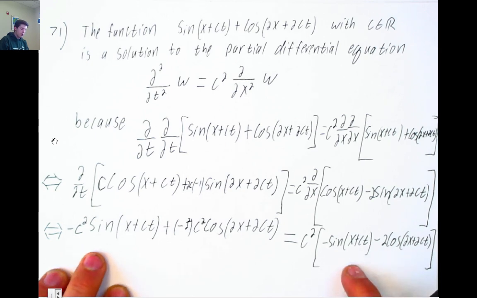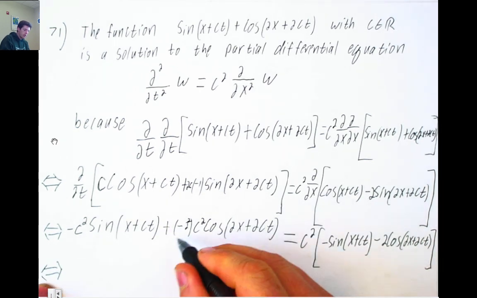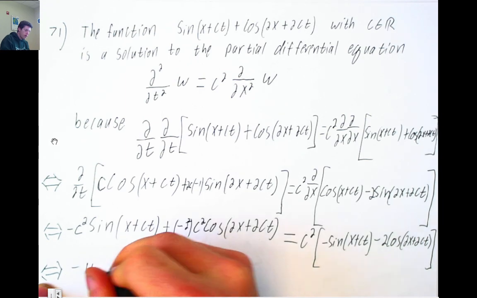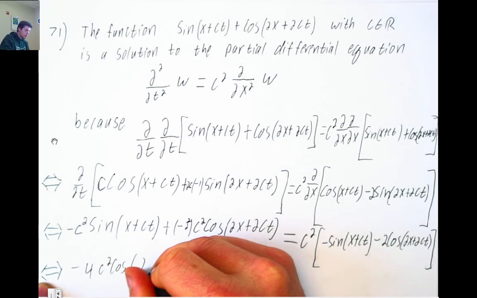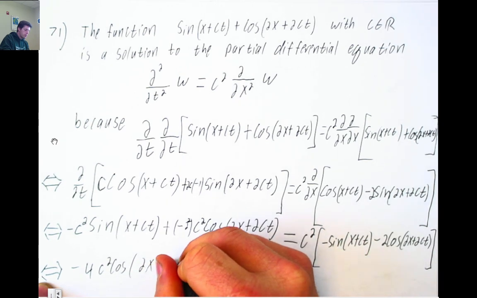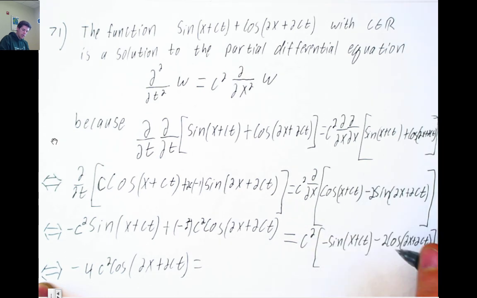Or I can just remember that when I rewrite this, I'm not going to have that. Okay, let's see. It's equivalent to, and then I'll keep these two things. Negative 4c squared cosine of 2x plus 2ct. And then on the other side, right, so I'm getting rid of the signs on both sides. I have a negative 2 times, hey,